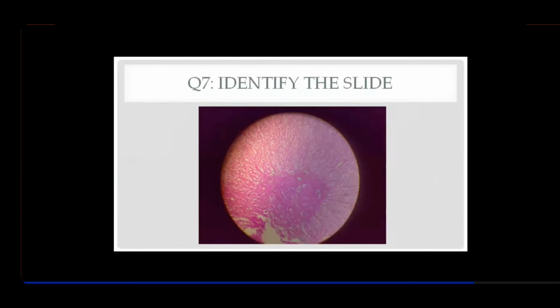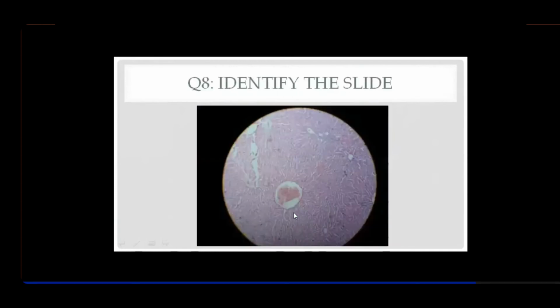So if you are in the habit of identifying these pyramidal cells, they are big cells, and they have this space surrounding, and are surrounded by a densely stained gray matter, and in the periphery you're finding the white matter. This probably is the anterior horn of the spinal cord. Okay, identify the slide.